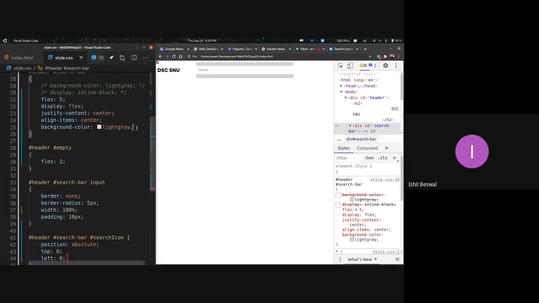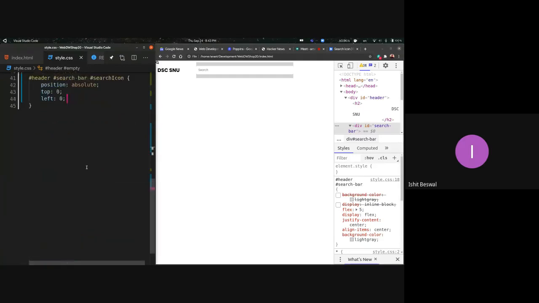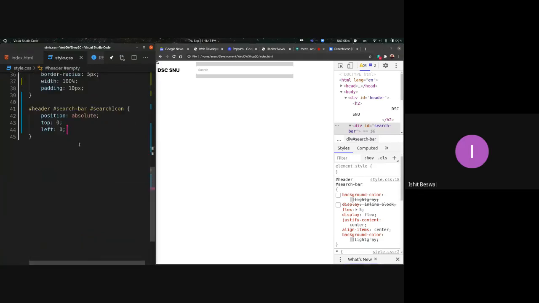So what we did here was we gave the position property the value of absolute for the search icon. This basically positions your element relative to your web page. It has an absolute position, which means you can give the pixel-perfect position to your element. Right now I've given it top of 0 and left of 0, so you can see that it's in the top left corner of the web page.